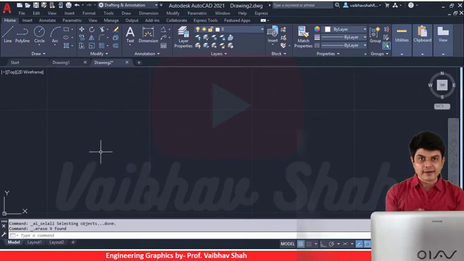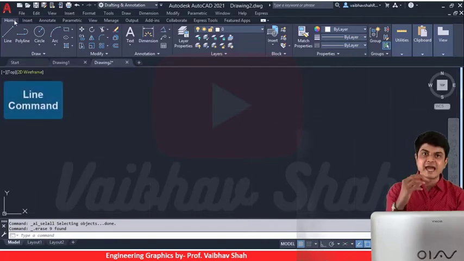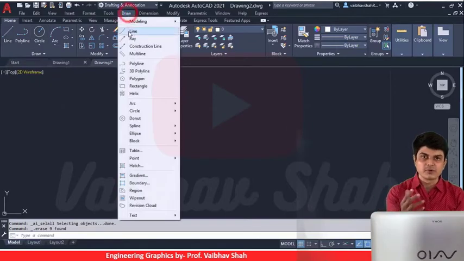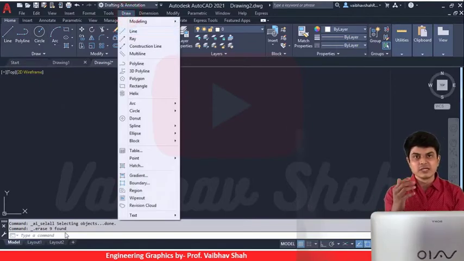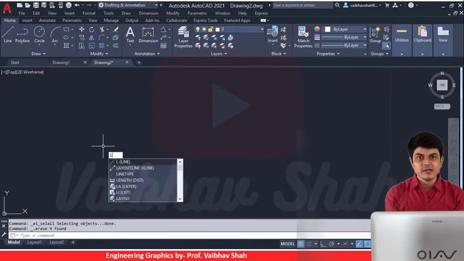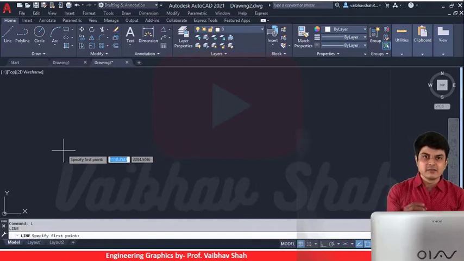Now let us move to our next command, which is what? A line command. So you can practically draw a line by help of this command. So you can select line from your ribbon, you can go to drawing toolbar, and you can select line. You can even go to command window, you can write down L and enter, press enter, and directly go to screen and L enter. So we'll be selecting a screen, L enter, and we'll be having our command activated.